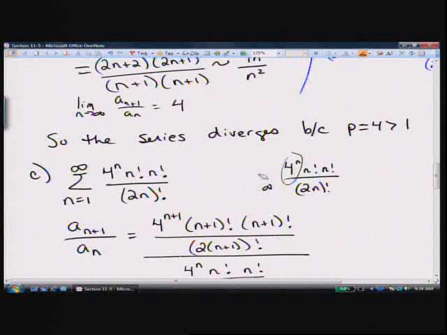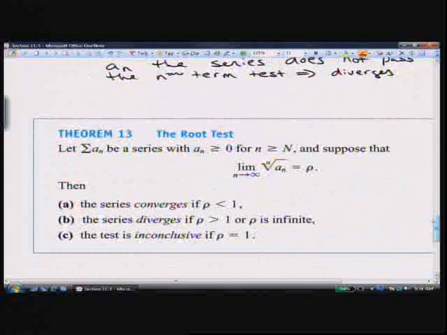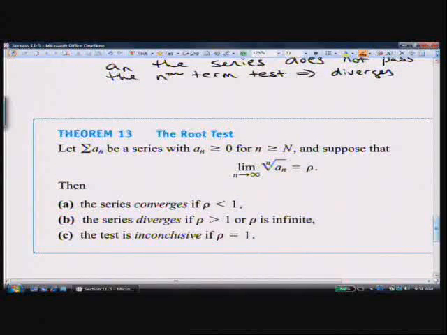Okay, so that one was inconclusive. Inconclusive is never very fun. I'll try to give you all ones that are conclusive. Okay, another test is called the root test. And it's good when you have a complicated